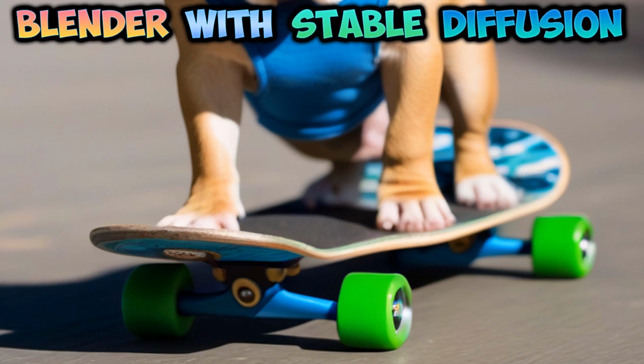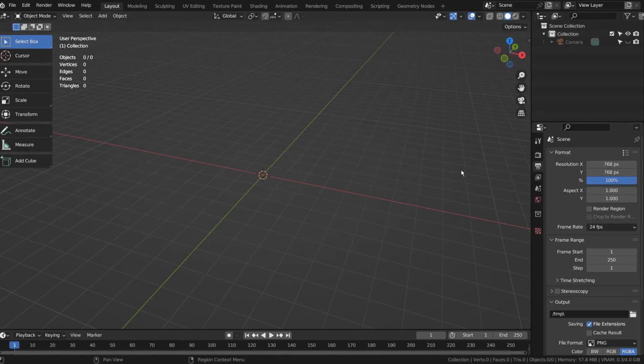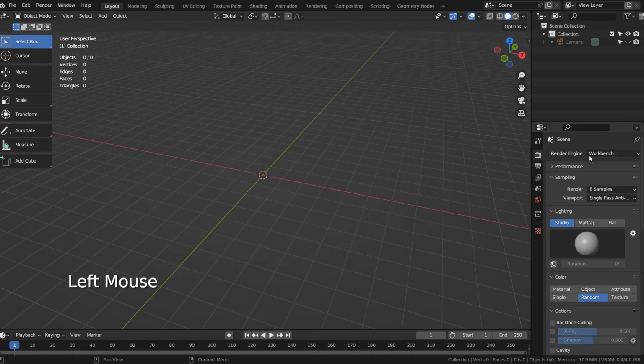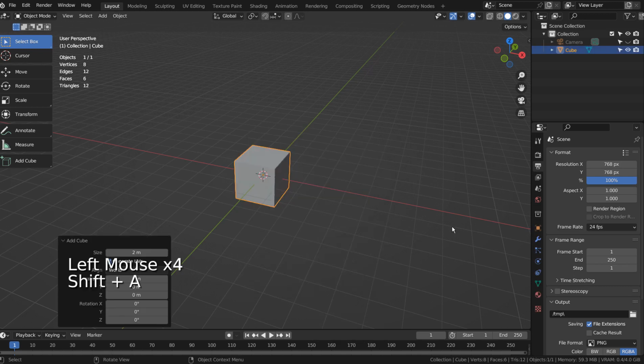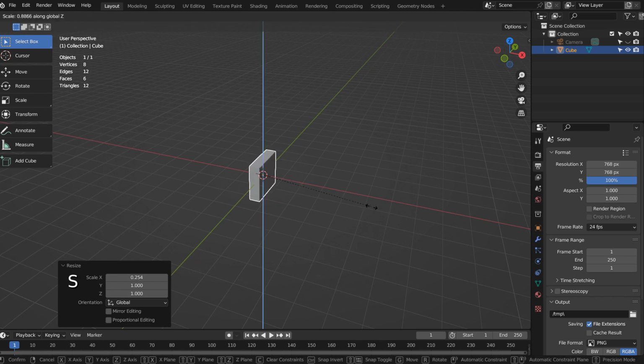In this tutorial, I'll show you how to create this image by using Blender and Stable Diffusion XL. Please use Workbench with a random color option, a 768 by 768 pixel resolution, and please disable the composite nodes. I'll create a 3D scene for the AI, and this scene's render image is going to be used to reference how the final image should look like.